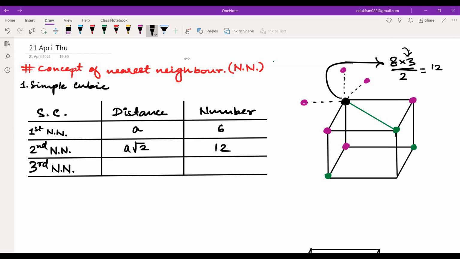Third nearest neighbor, all of you can see that. All of you can see that all of this have one neighbor. The third nearest neighbor will be the second nearest neighbor of your neighbor and the nearest neighbor of your second nearest neighbor. Okay, so you have this atom here,